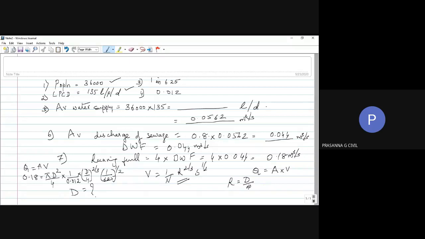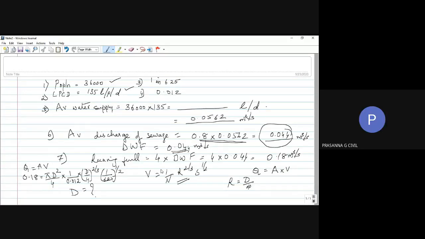The average dry weather flow comes from your water supply. We got it. But in this particular question, he says that your sewer should be designed to carry, remember, we use peak values when we calculate. Instead of telling that, he has told it needs to carry four times. Suppose you would have taken 3 times and done it.